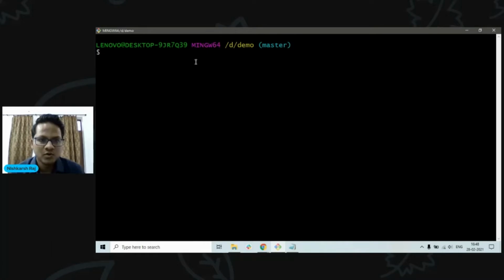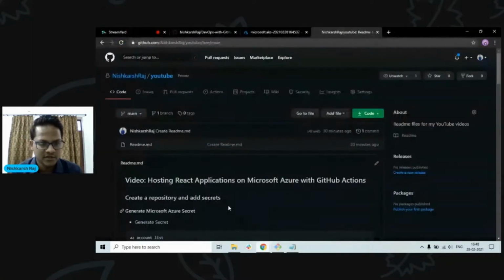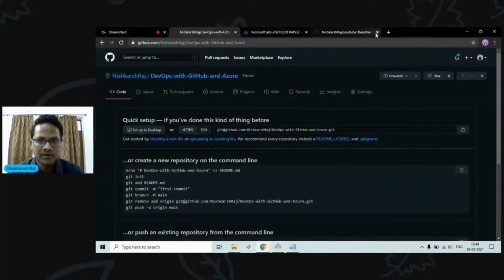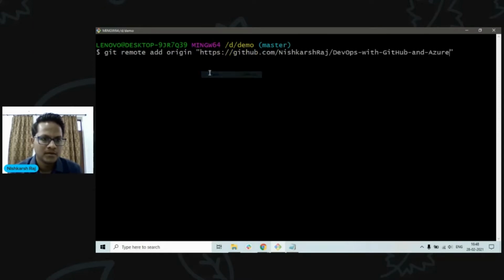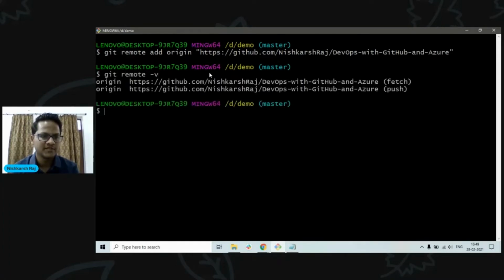So these source code files are present on my local machine. The next step would be sending these files onto my GitHub repository that I have created. So this is the repository that I have. And let's push it. So copy the URL for the repository and add the origin file. This command would connect my GitHub repository to the local folder that I have here. You can check it by git remote -v. And here we go, a connection has been created.